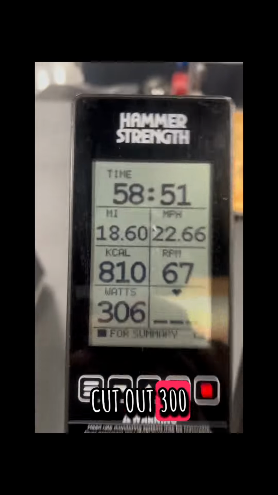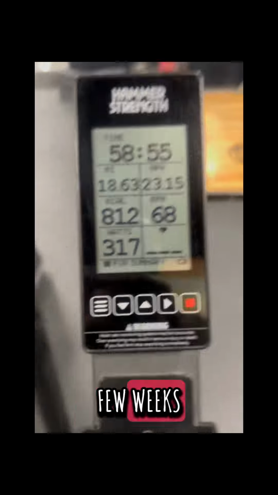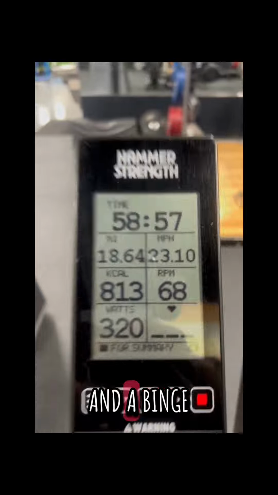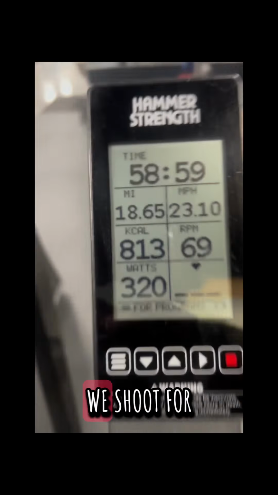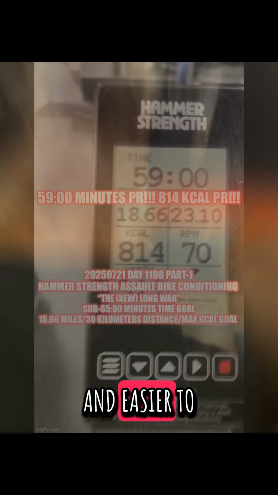We could just cut out 300 calories at the beginning and call it a day, but I found over years of doing this that after a few weeks, diet fatigue usually leads to relapse and a binge for many people. To prevent this, we shoot for a 1% weight loss a week, 2% at most, rounding up as we do our maths. Why percentages? Because then the deficit scales to your current you and is subtle and easier to manage